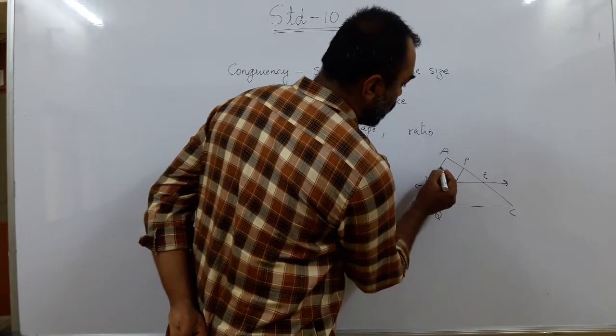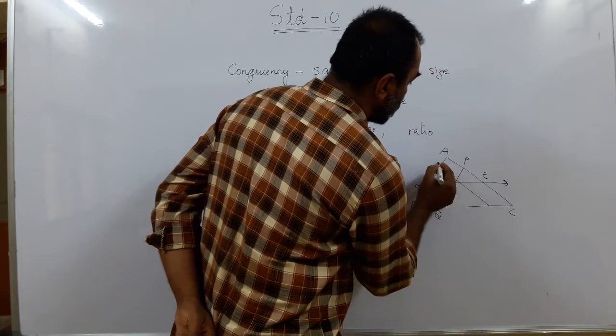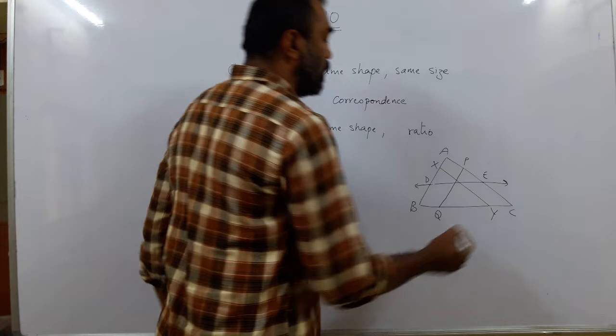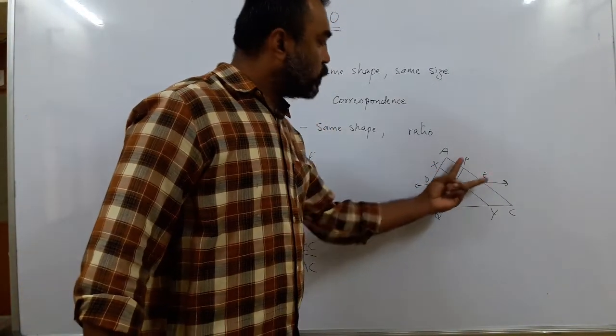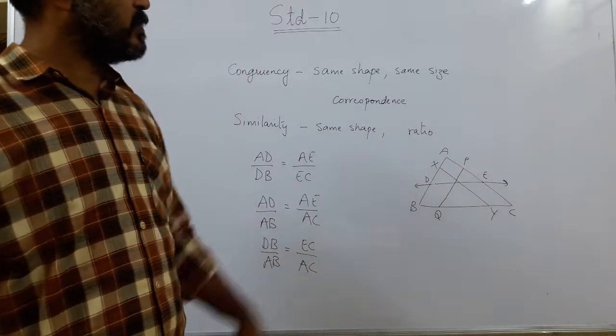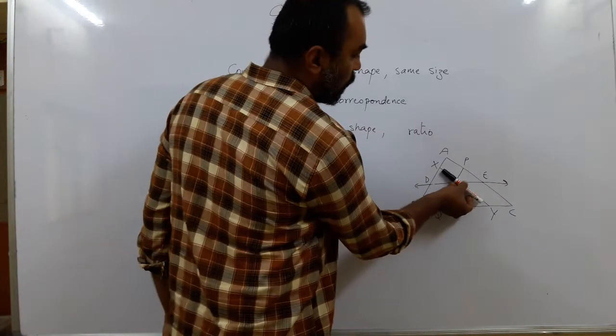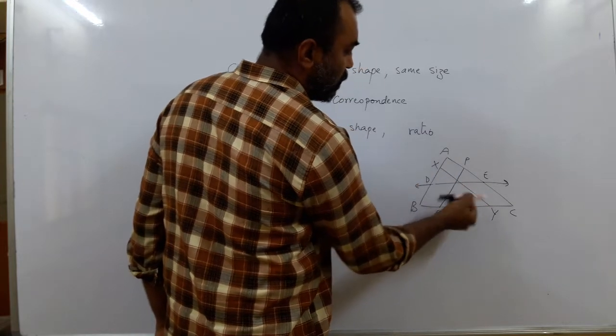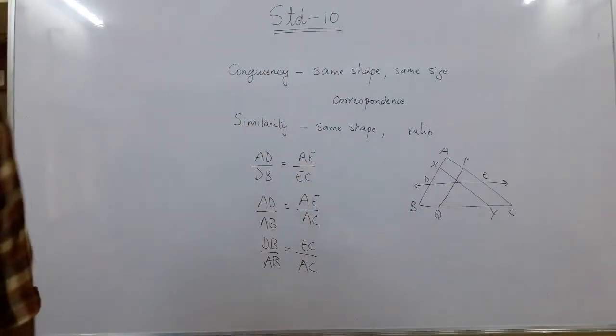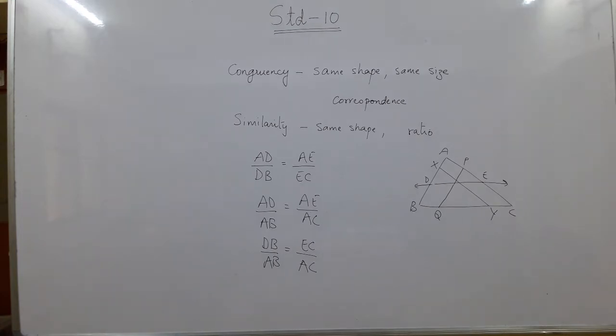Or you draw the line parallel to AC. Let us call it XY. So the same thing remains. It is only dependent on which line is parallel to which side. So the theorem again states what? When a line is drawn parallel to one side of a triangle, it divides the other two sides in the same ratio. So this is the revision we did the last time.